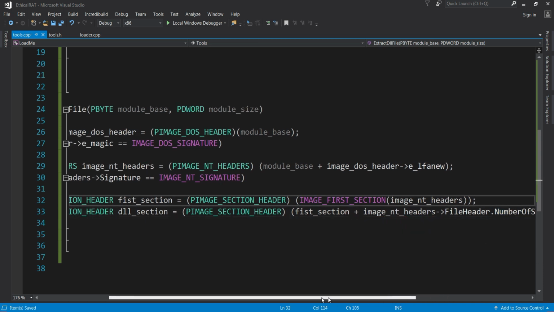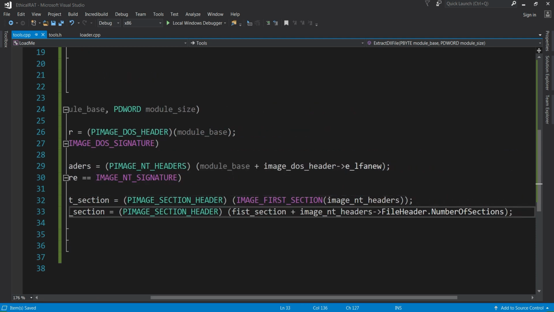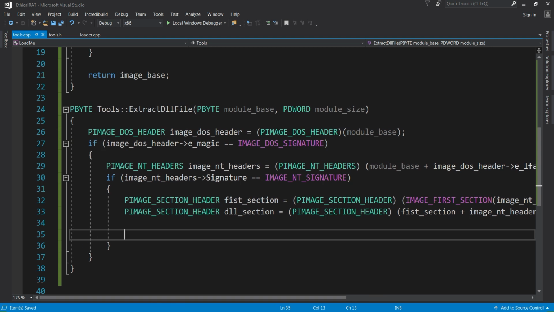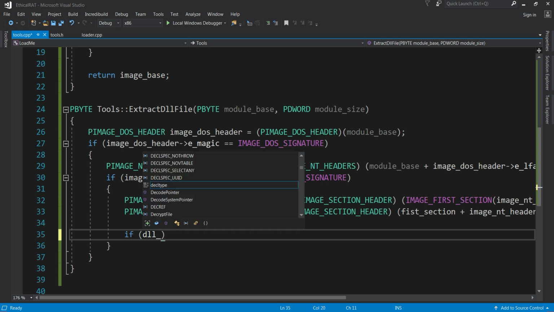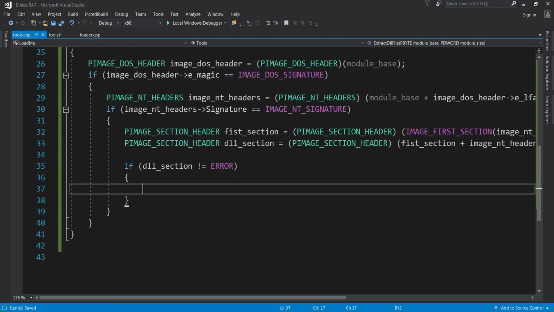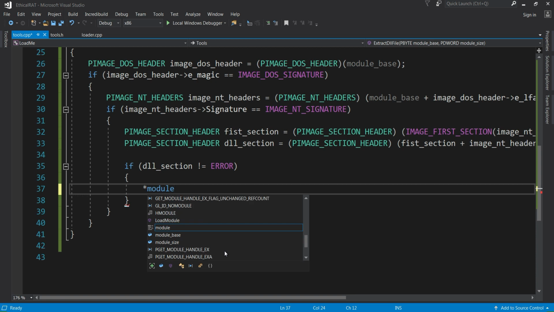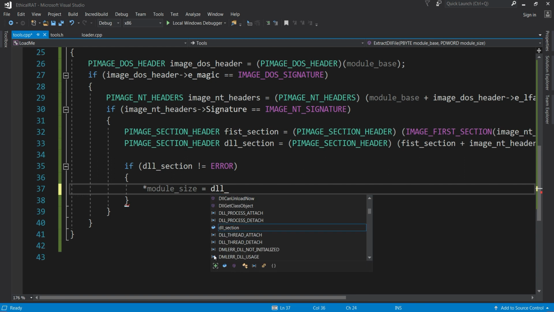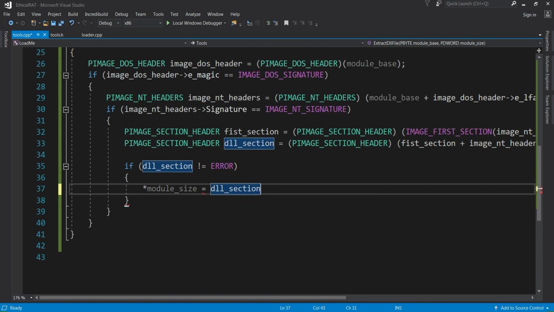Okay, like this. And since now we are in the last section where the DLL is located, if this doesn't give us an error, we're just going to return into the module size the DLL section. We need the virtual size, so the virtual size can be found in Misc.VirtualSize, and